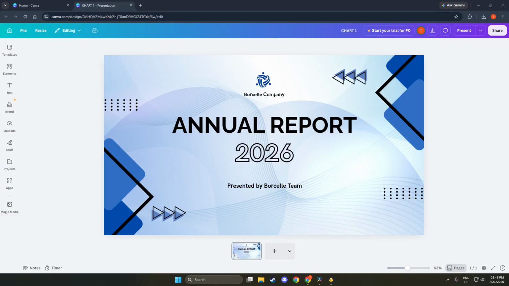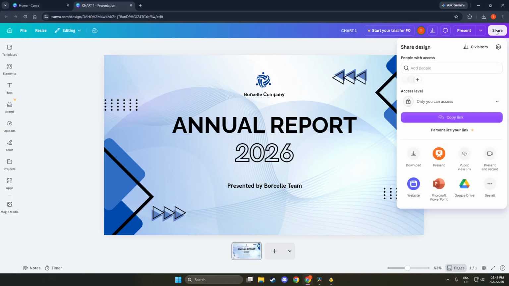Finding the right tool for your needs is crucial, and Canva offers a wide range of features that can help you design visually appealing content. Once you are on the dashboard, take a moment to familiarize yourself with the layout. This sets the stage for a smooth workflow as you create your video design.